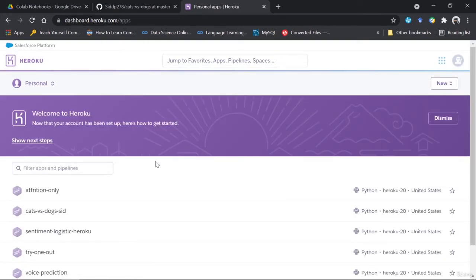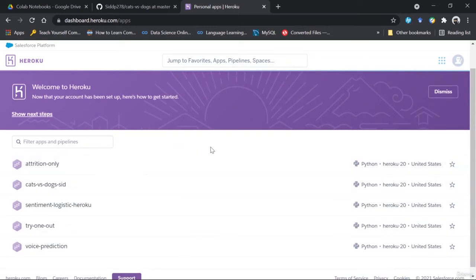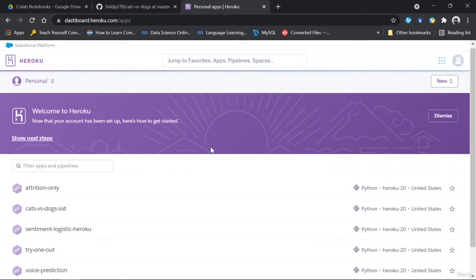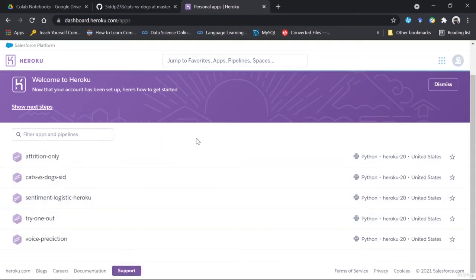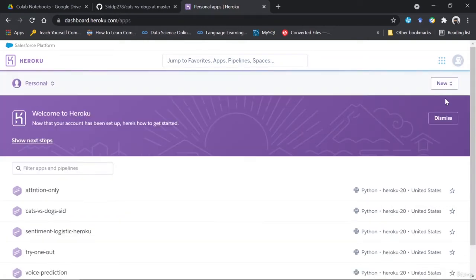Now you can see that I'm on my dashboard. If you haven't got an account on Heroku, you can simply log in or make an account. It is very simple. After you log in, you get the dashboard as the first page. Then you can go to New and create a new app.